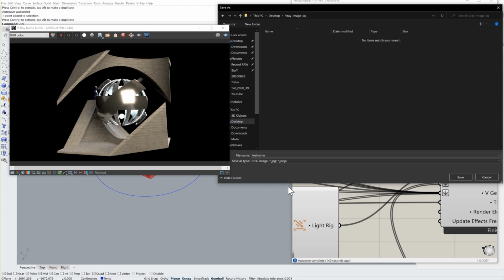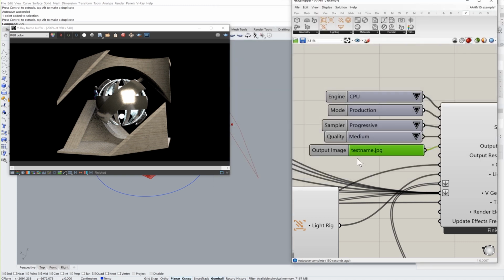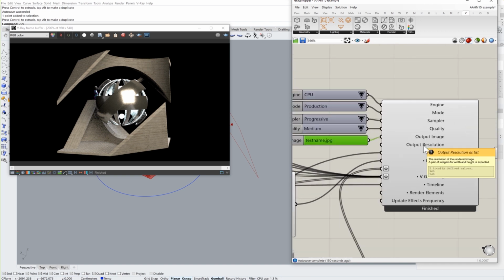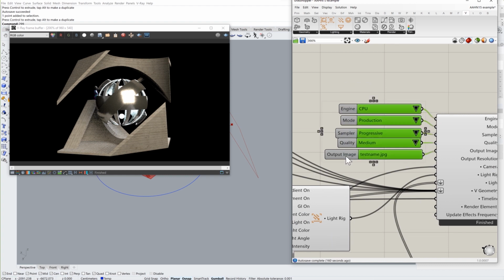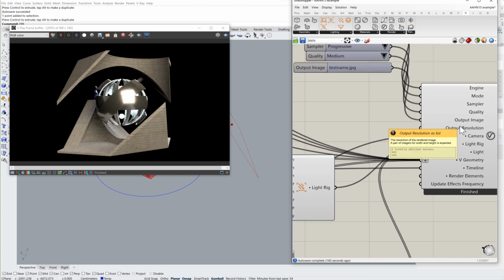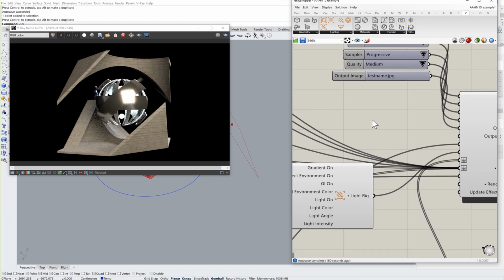Usually I always just go for JPEG, and if I need to change the background, I just change it here. Okay, so we have that. I hit save. Testname.jpg is going to be my output image, and then I can change the output resolution as well. For the output resolution, we need two values, so that's going to be two sliders. One slider is going to be the width,